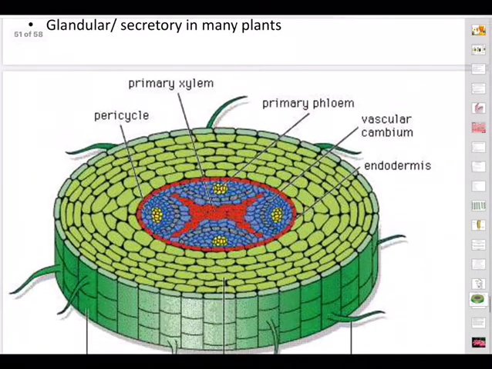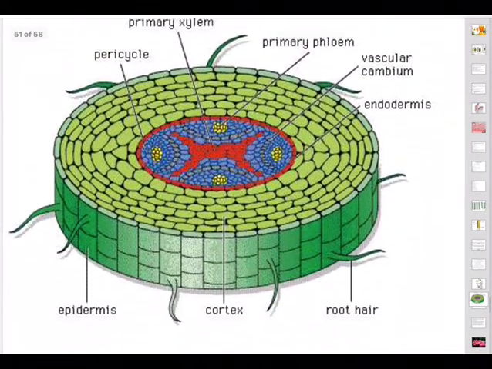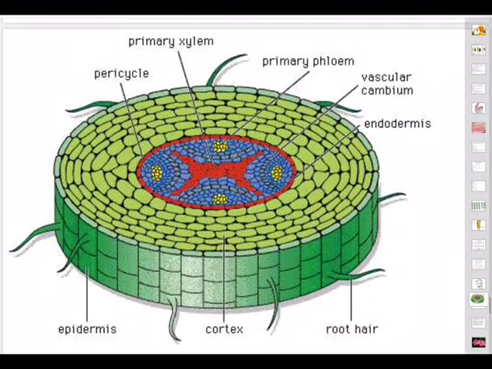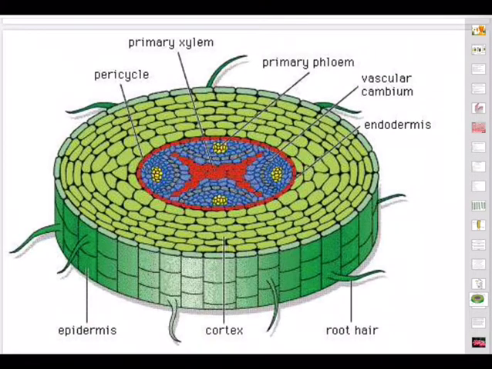Look at this, the appendages you can see here, the hair-like structures that have come. So epidermis, there are epidermal appendages, root hairs are there, and then you have got a vast ground tissue. And then you have got a red line inside, that's endodermis. And you have got xylem and phloem.